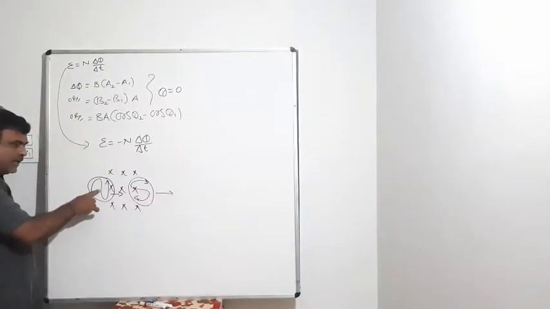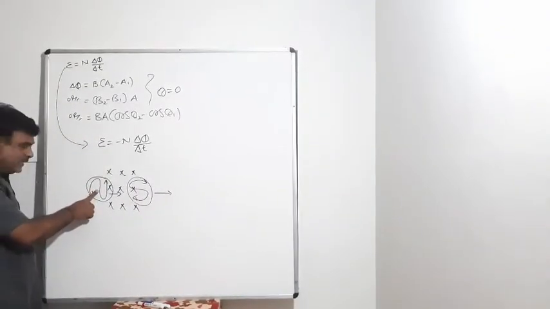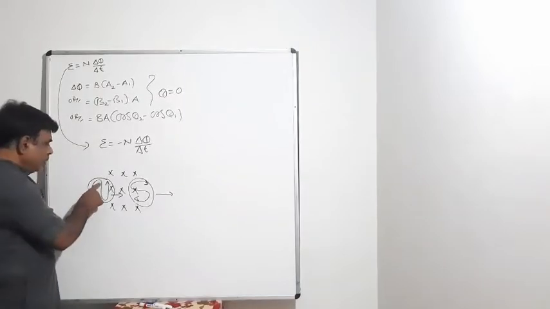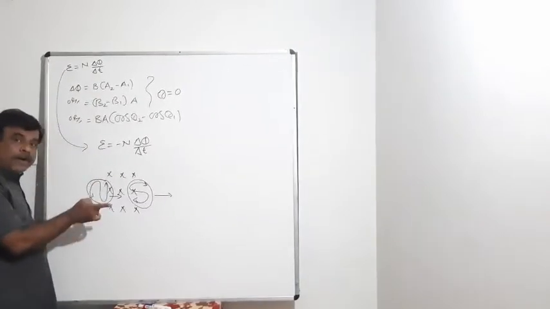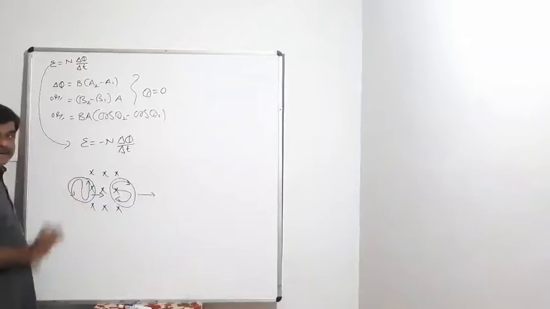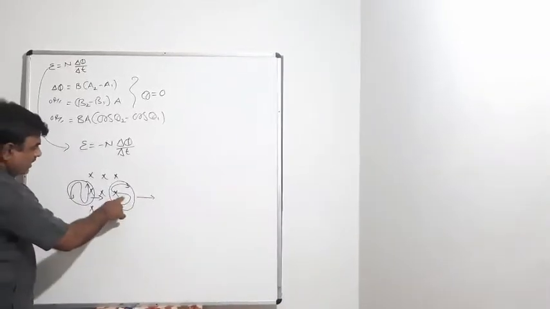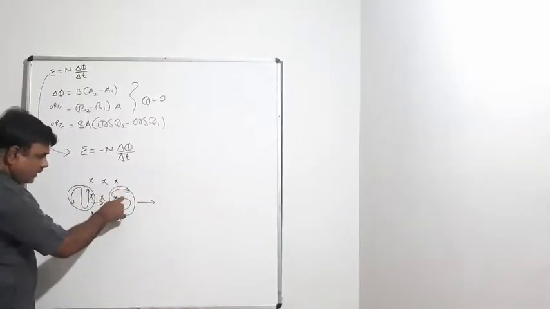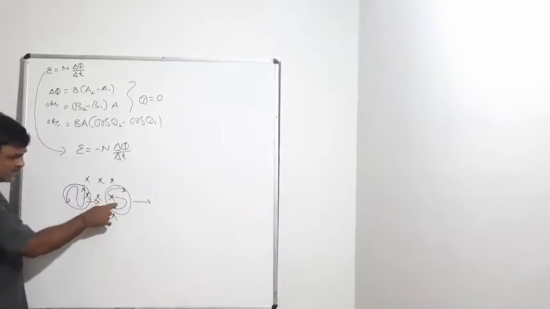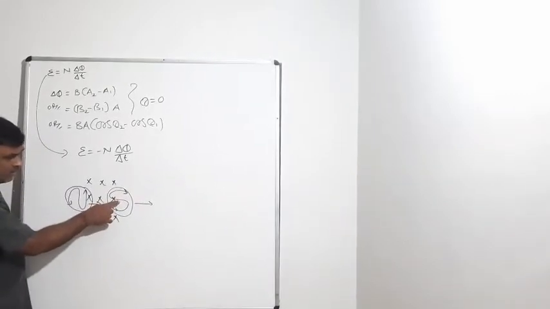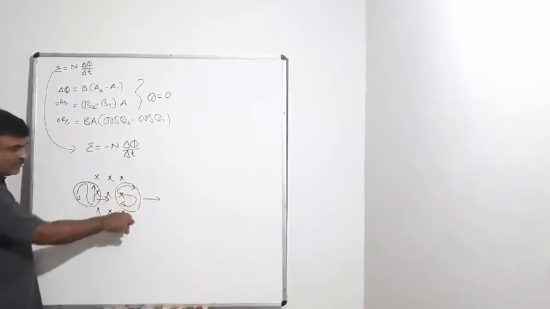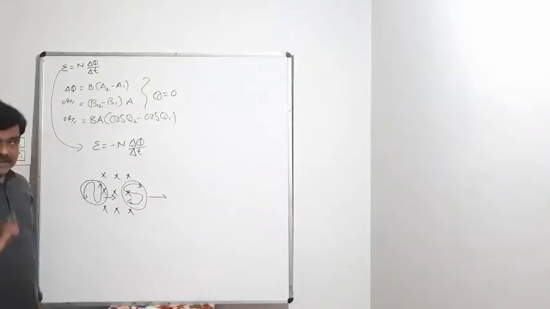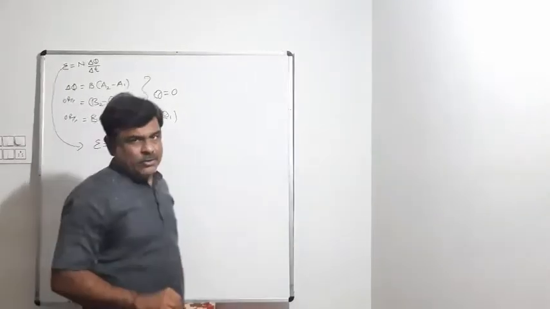Again I do repeat, here inward field was increasing. That's why induced current developed outward field to compensate the increment. Same way here inward field is decreasing. So to compensate the decrement, induced current will develop a new inward field. That's why current should increase in clockwise direction. That's how you have to apply Lenz law.